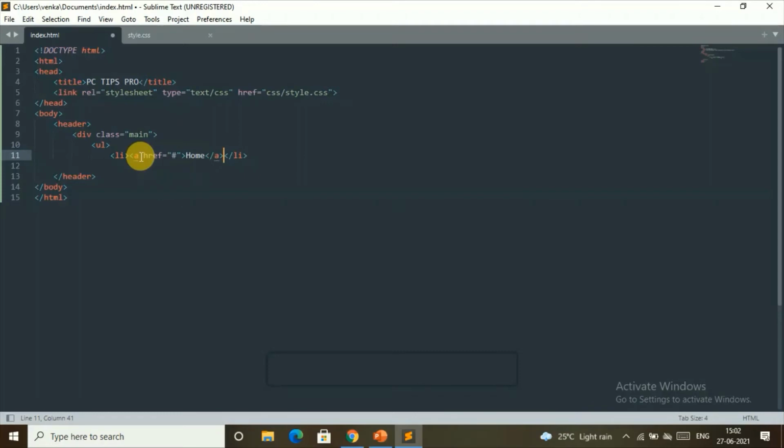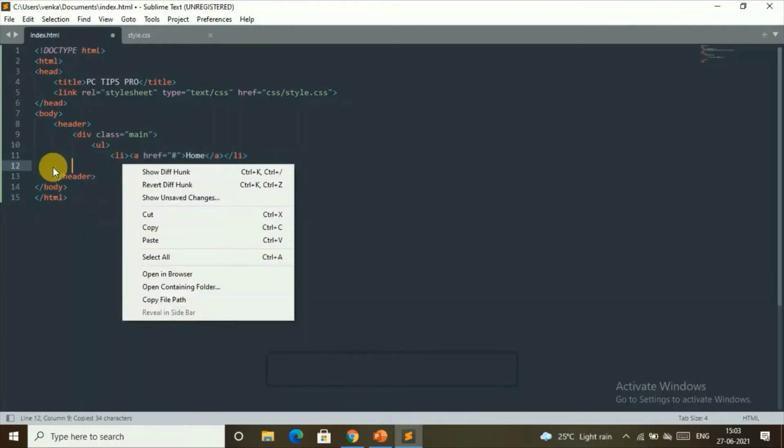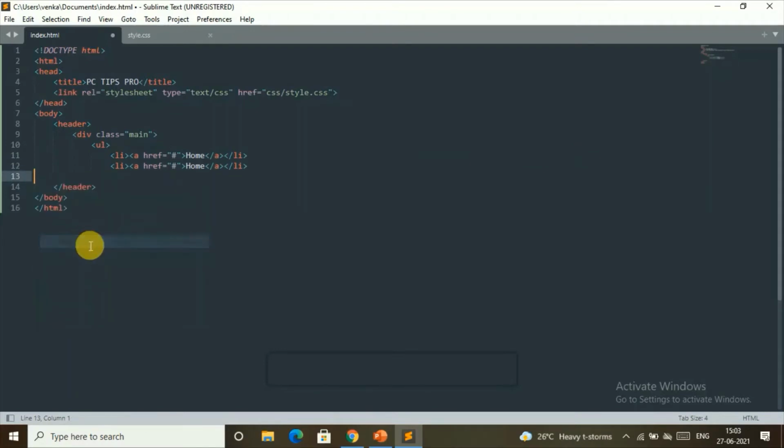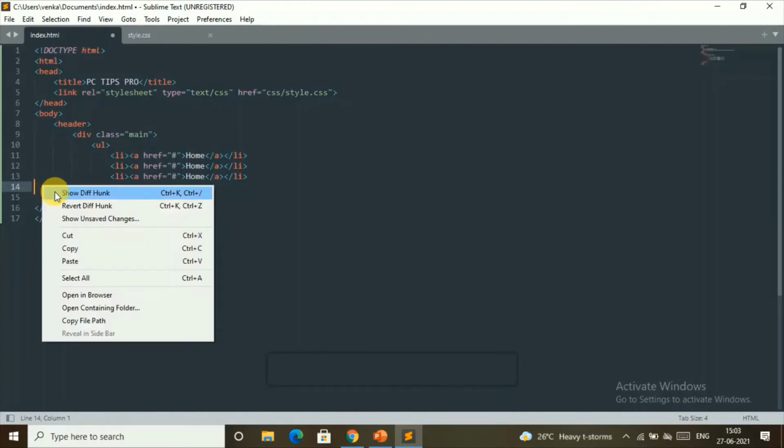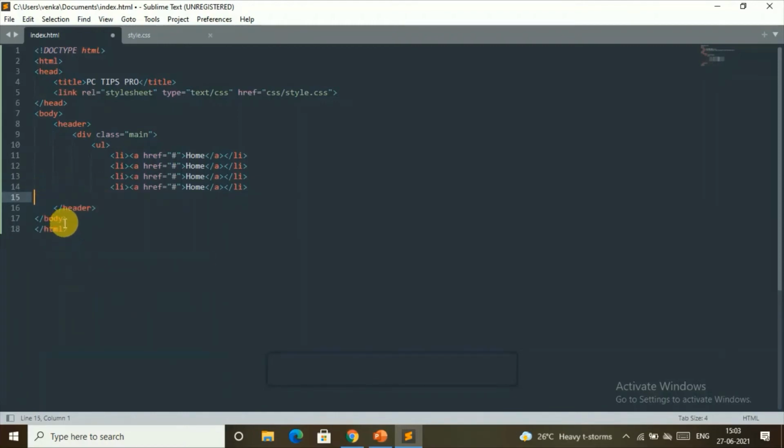Similarly we can make our remaining menu items by just copying and pasting them downwards. Let's do this. I'll just copy this and paste it. I want four or five menu items, so I'll do it five times. So here we got all five. Now we can just change these: the first will be Home and the next one will be Services.